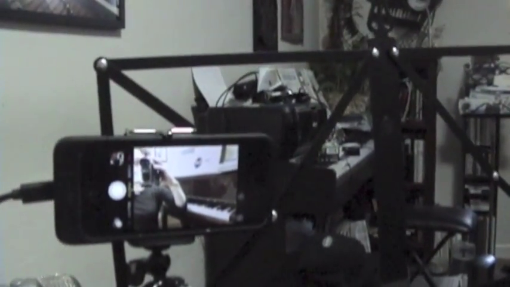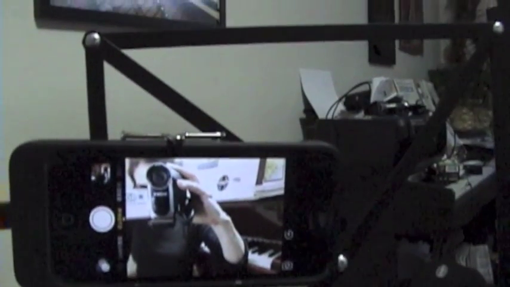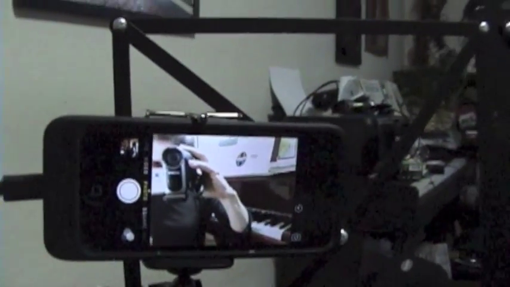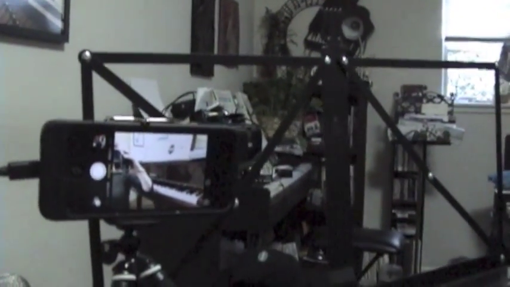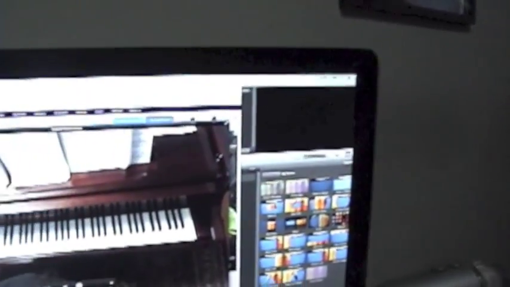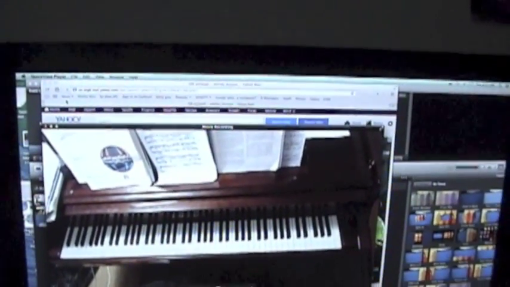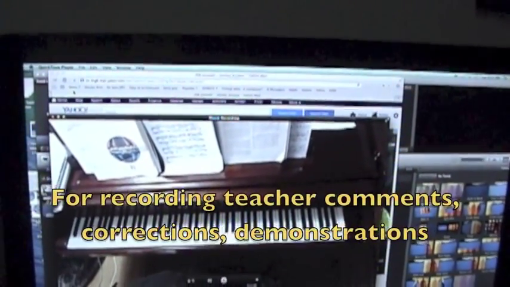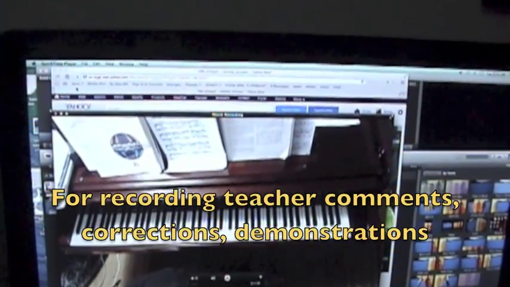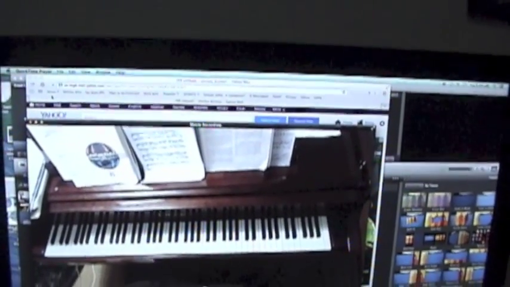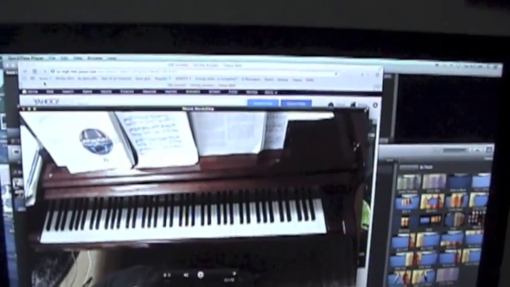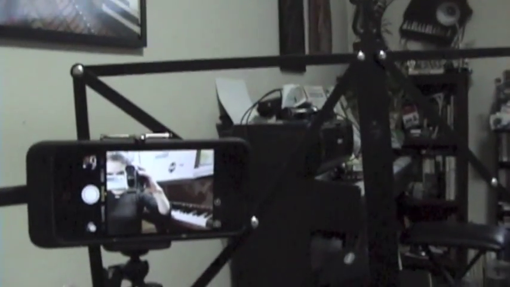For this morning's lesson to Scotland, I'm getting ready by having my iPhone set up, since this connection otherwise is not very good on the regular iMac. So here's my iMac, and if I want to tape segments of the lesson, I'm going to use QuickTime. QuickTime allows me to record parts of the lesson. It has nothing to do with being online via the iPhone, because